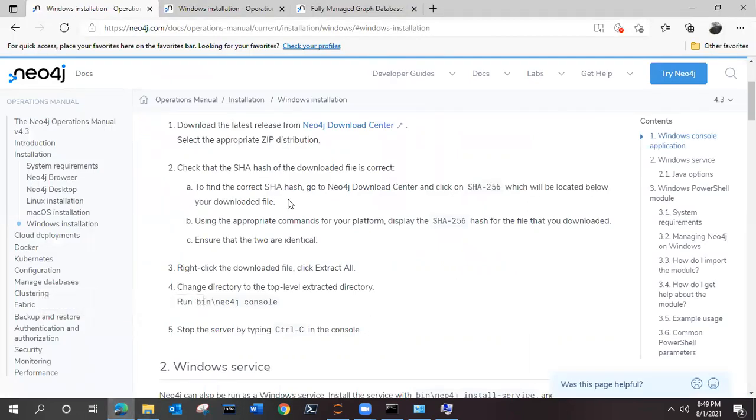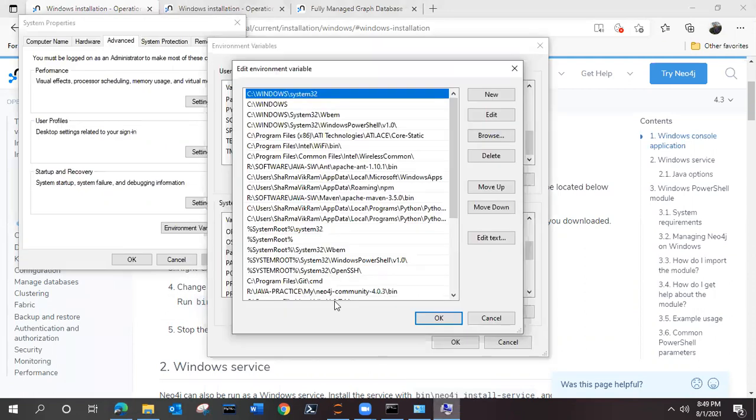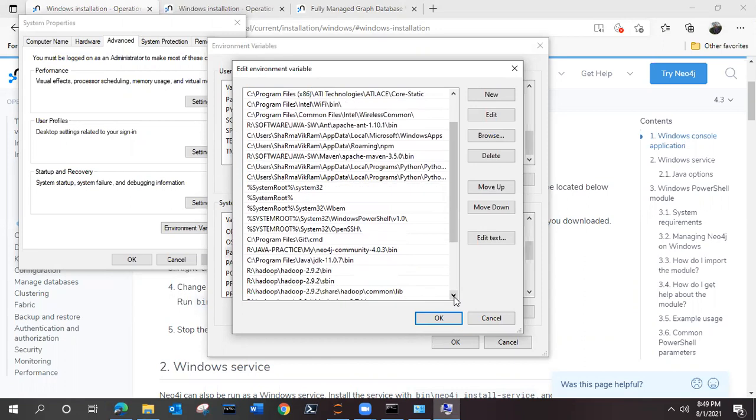Before proceeding further, let me show you some of the configurations I did for Neo4j. The very first configuration is that your Windows system should have Java JDK 11, which I have already added here, as you can see.